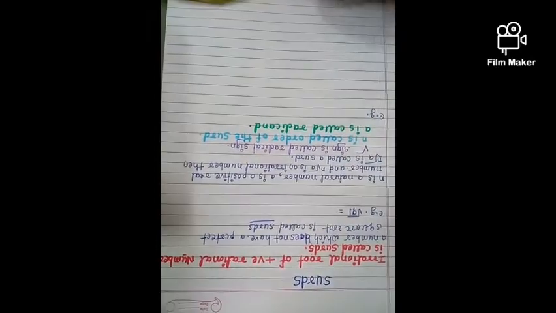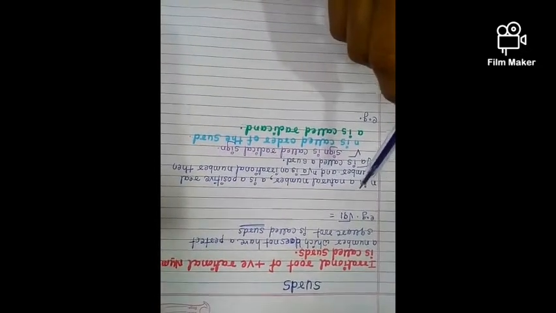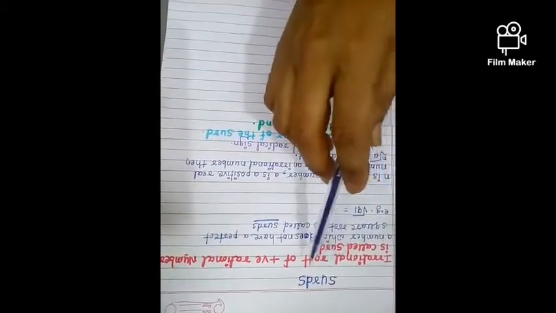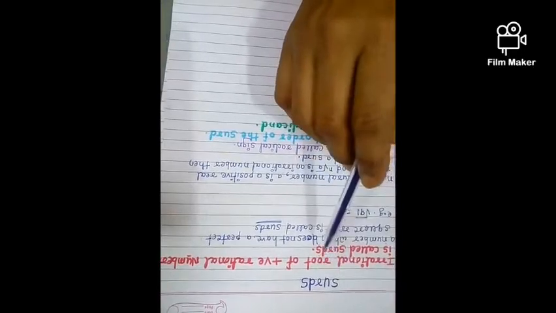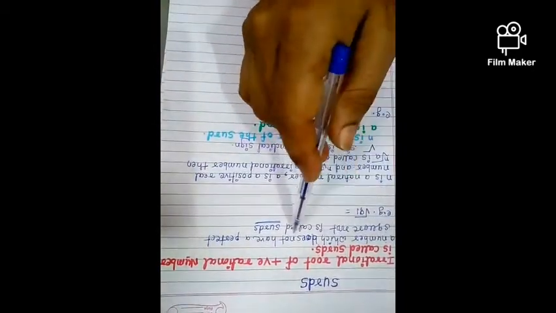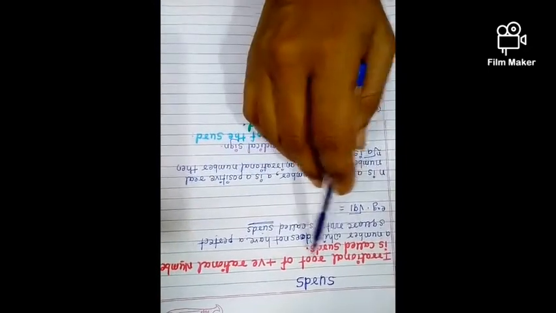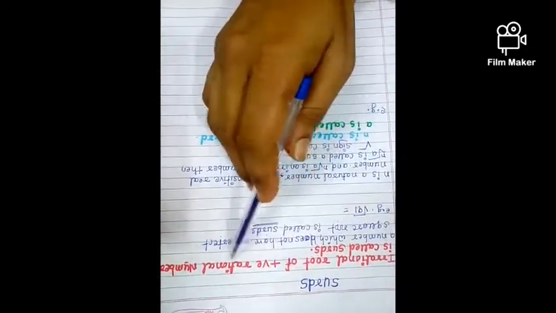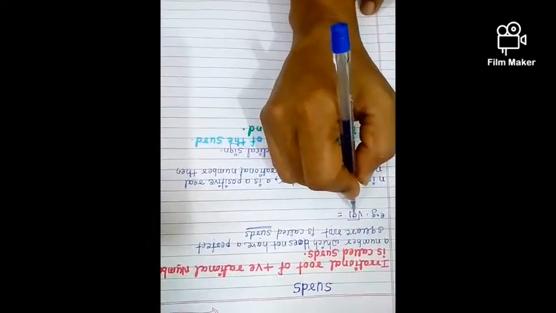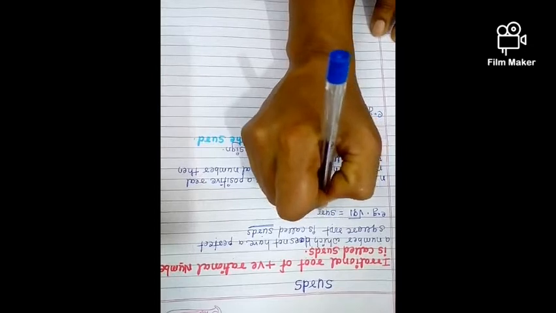So let's see, our next point is surds. It is a very important topic in our second lesson. So students, listen to this carefully. Surd means what? In simple definition, a surd is a number which does not have a perfect square root. A number which does not have a perfect square root is called a surd, or an irrational root of a positive rational number is called a surd. So see, square root of 91. This number 91 does not have a perfect square root, so it is a surd.